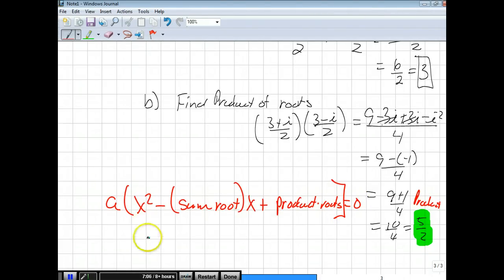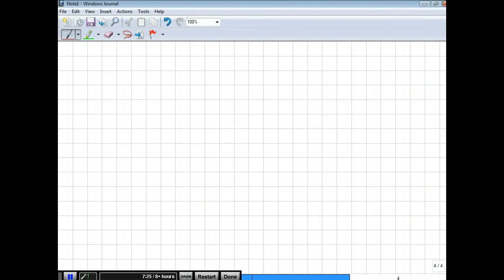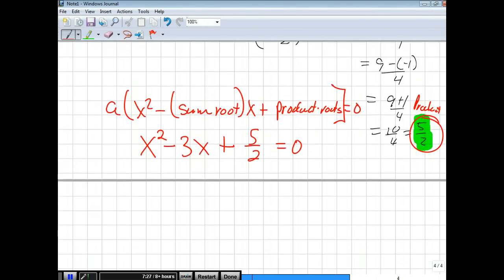Okay? And so it's going to be x squared minus, and the sum of the roots was 3, so x squared minus 3x, plus the product of the roots, which is this one. Okay, now that is the equation,